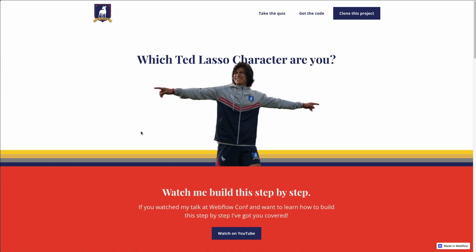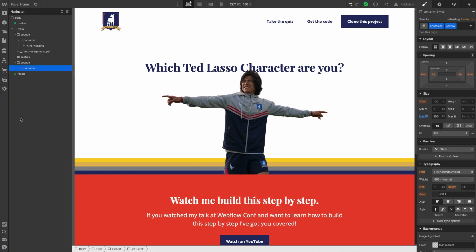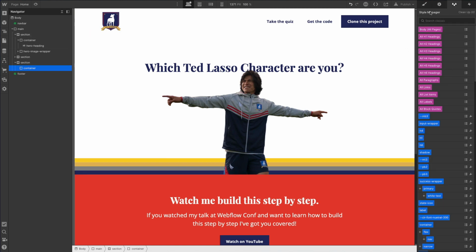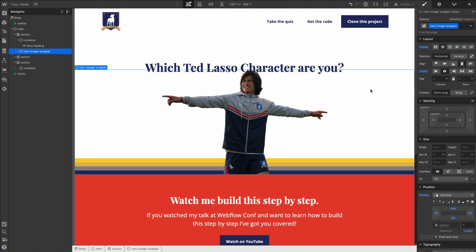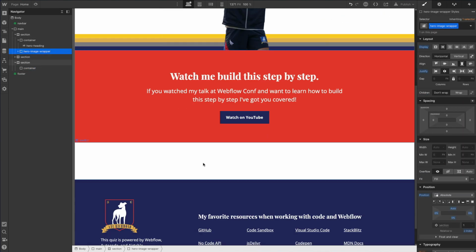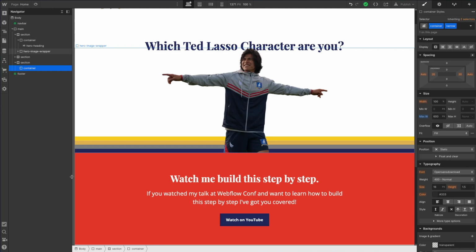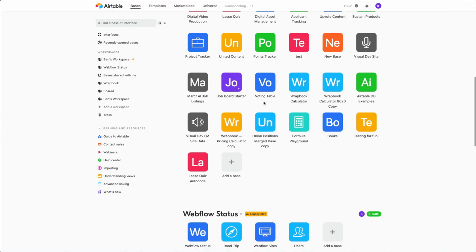So let's build this. What I've done is I've made a copy of this project, and in fact, I deleted a bunch of stuff, so let's remove a bunch of things now. We'll remove these classes that we had, and it probably won't be one for one because I don't remember how I named things, but we're just going to do our best. We're going to try to rebuild this form, and I think the best place to start, honestly, is in